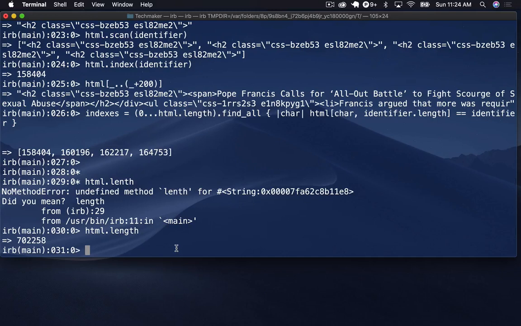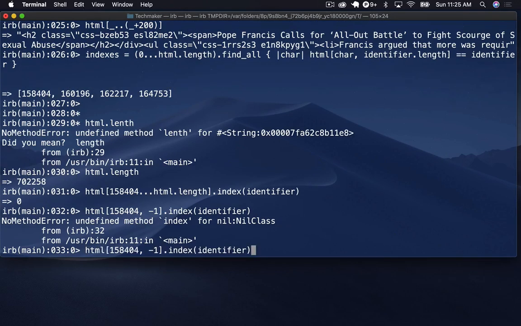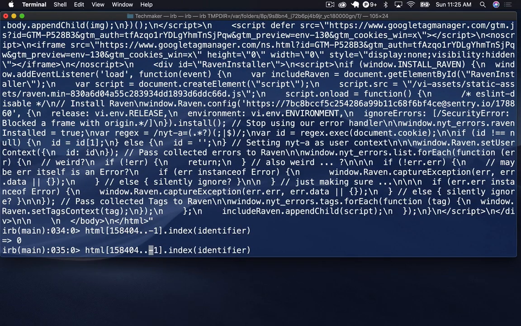One thing we might try is we could say HTML, and then let me just grab this first one, and then we'll say to the end HTML.length, and then we'll check the index of our identifier, and we'll see if we get, let me try like that. Undefined method, hold on. Okay, 0. So it's telling me that the very first thing it looks at is that. So if I just bump that up by 1, we get